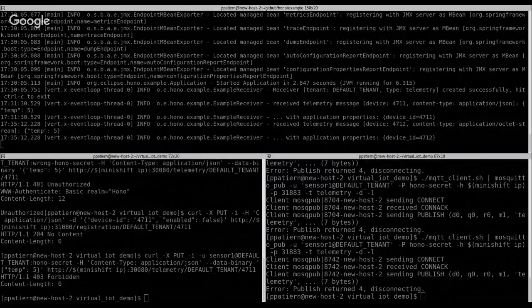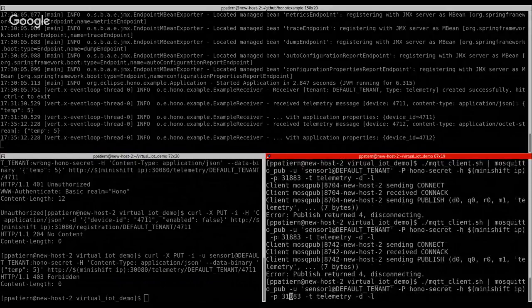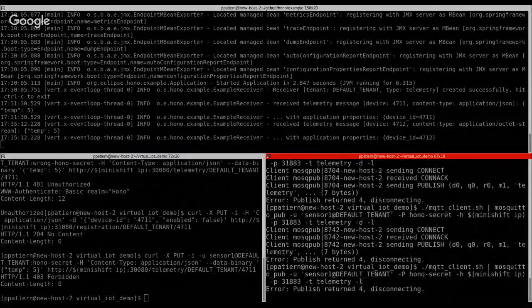Are you sure it's the right user and password? Yeah, I'm not sure. Or maybe you should remove the -D, the debugging. No, I'm quite sure about the user because it's the device for 711.